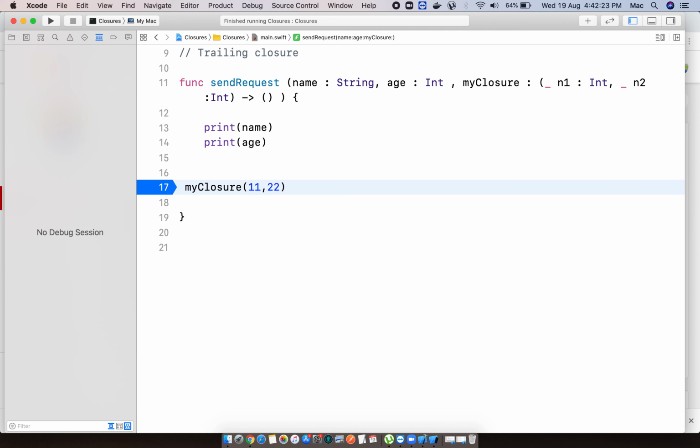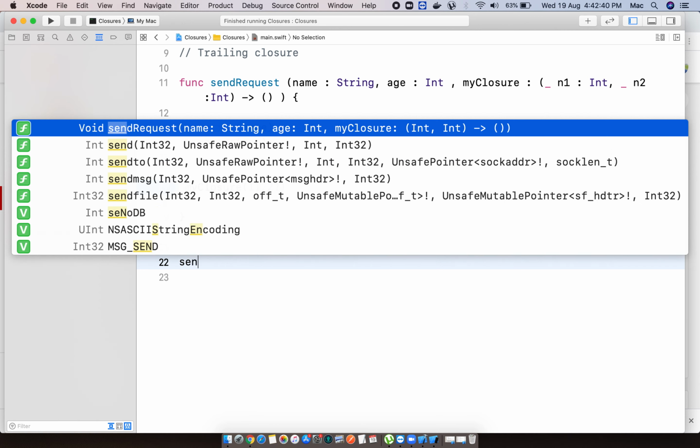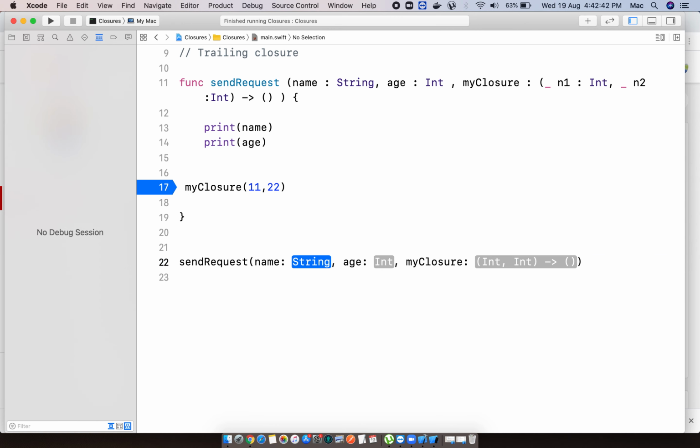That's it only. Why? Because we need to pass, this is not an empty closure, it is taking two parameters. So we need to pass the data at the time of calling the closure, like a function. When you're calling a function, you can pass the data, right? Then only you can pass the data when you call the closure. Now calling the closure. Sorry, now calling the function.